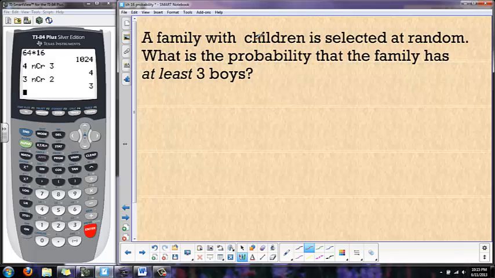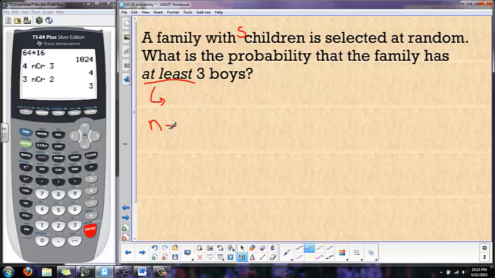So a family with, and then they forgot to put the number in there. So let's just pretend a family with 5 children is selected at random. What is the probability that the family has at least 3 boys? Well, what did it mean before if I told you I would pay you at least $50? That means 50 or more. So in this case,